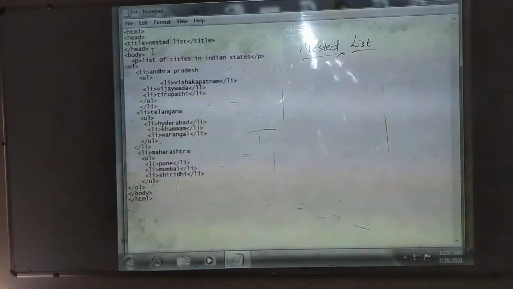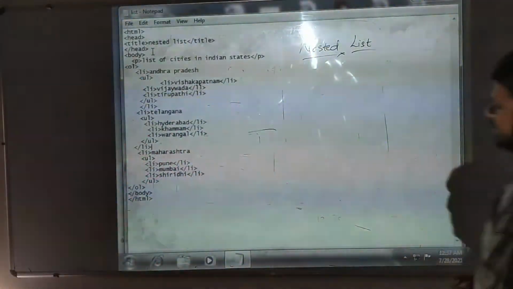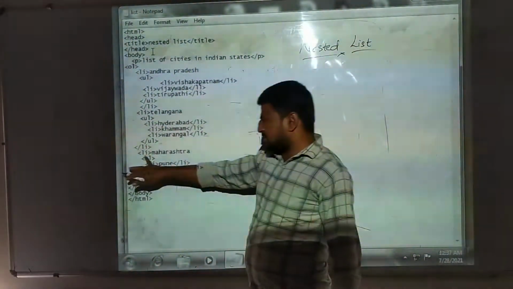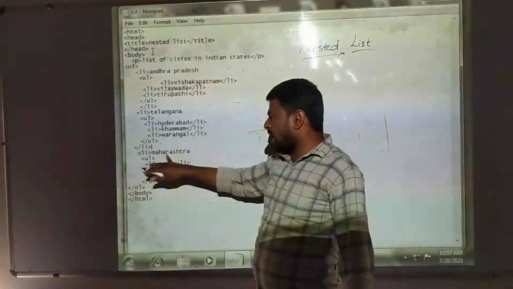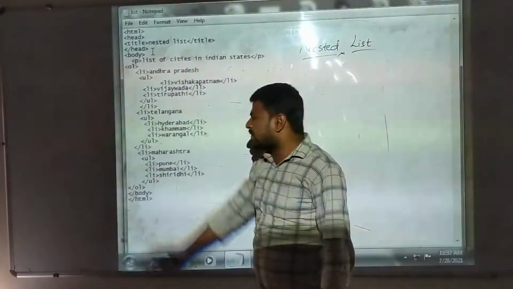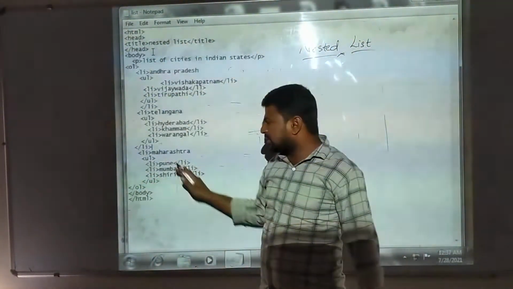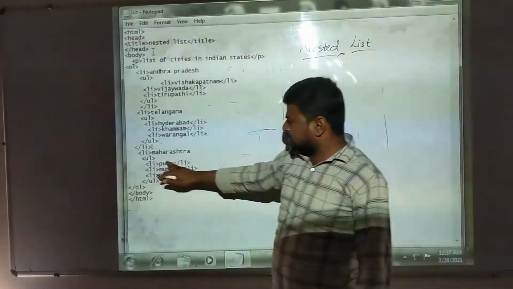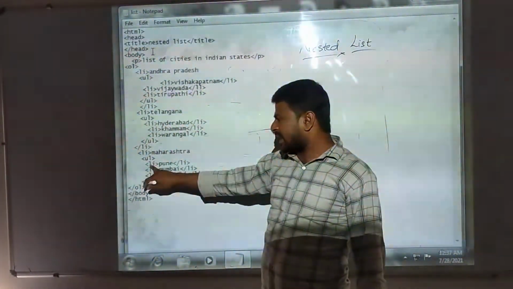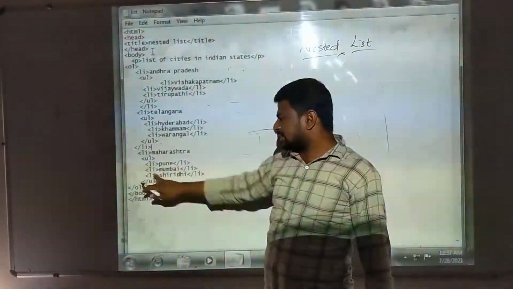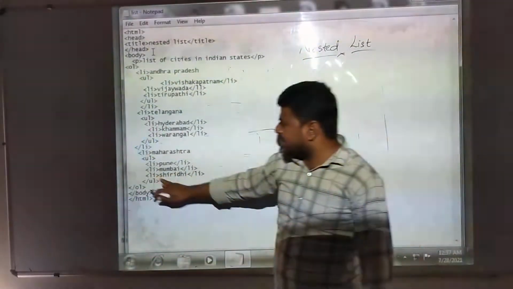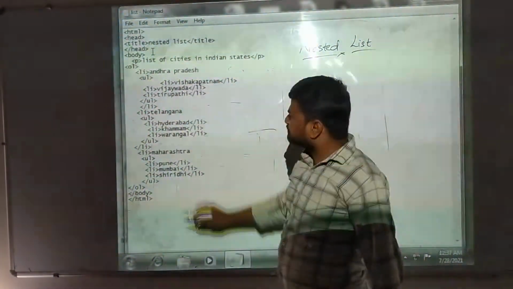You can observe here, Pune, Mumbai and Shirdi are the cities in Maharashtra state. So this is the Maharashtra list. With the list tag we have written Maharashtra. Then in another list we have written all the cities: list tag Mumbai, list tag close, list tag Shirdi, list tag close, and we are closing the unordered list.